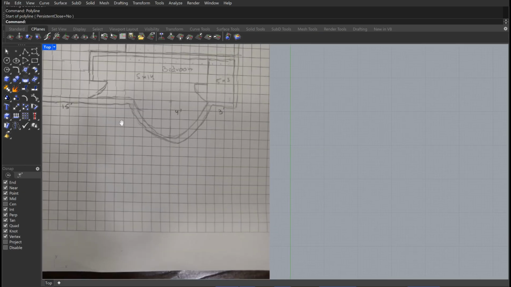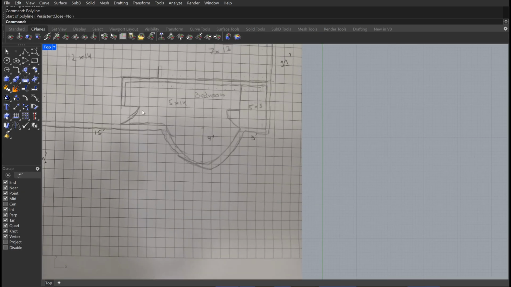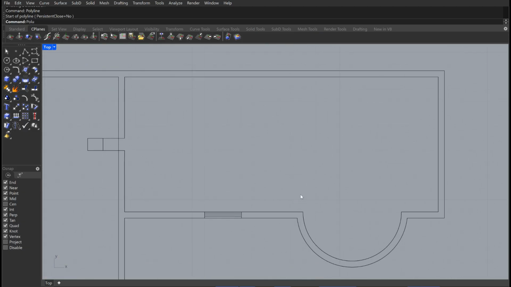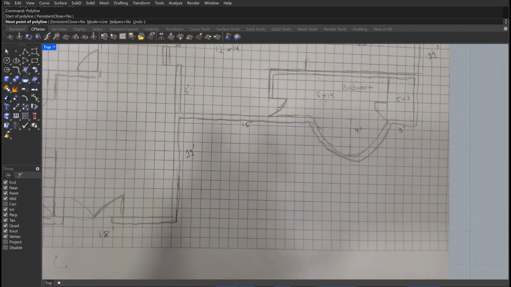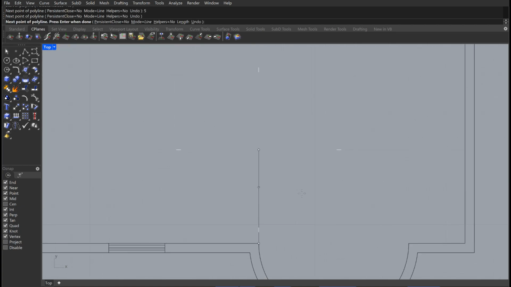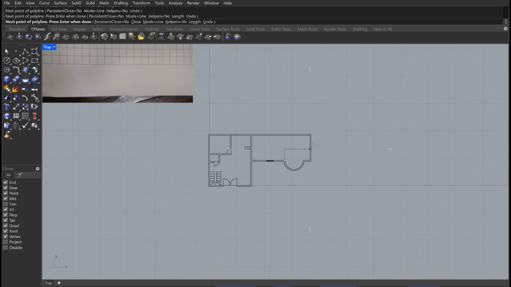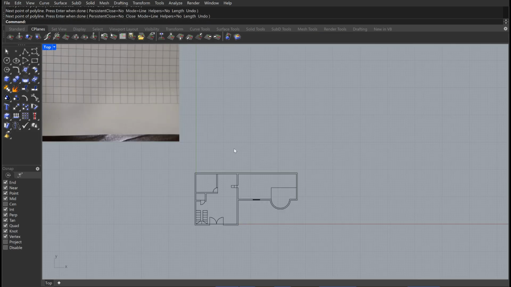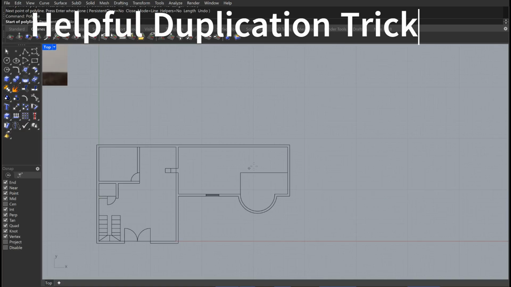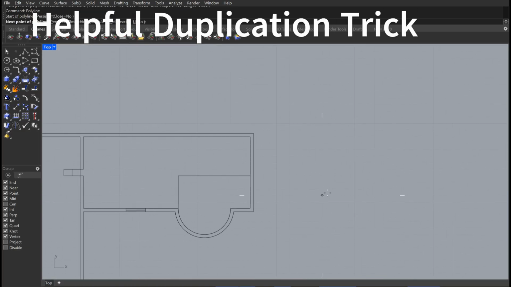Is there any way I can? 1, 2, 3, 4. It's 4 feet from this point over here. This is how long? This is 5 feet long. So 5 by 4 wide. It's 5 feet long, and we'll just close this one now. 29. What I'm gonna do is I'm gonna make a